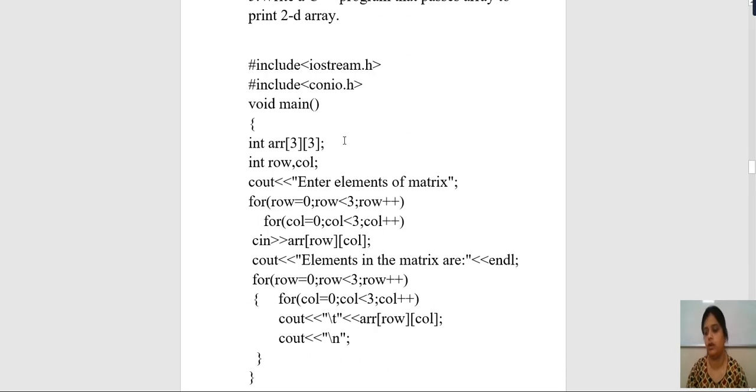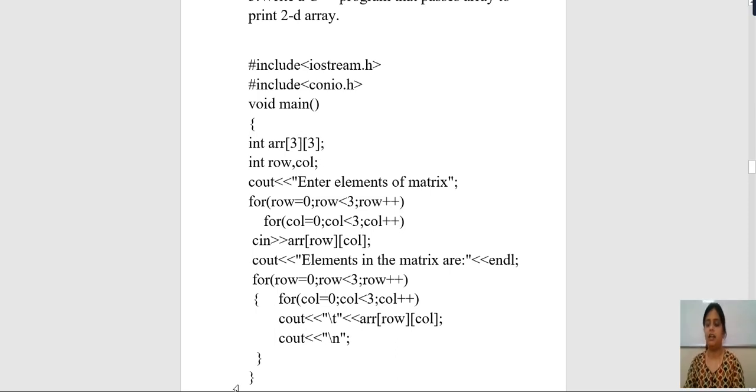So now we will declare an array. For that, first we will include the header files. See here, again we have included the two header files, iostream.h and conio.h. After that, your main function will start. So your main function starts over here. Here you have declared an array. As I want a matrix of order 3 by 3, I have declared an array of order 3 by 3. This statement is used for declaring the array. Int is the data type, add is the name of the array, and these are the two values for rows and columns. So this is a 3 by 3 matrix.